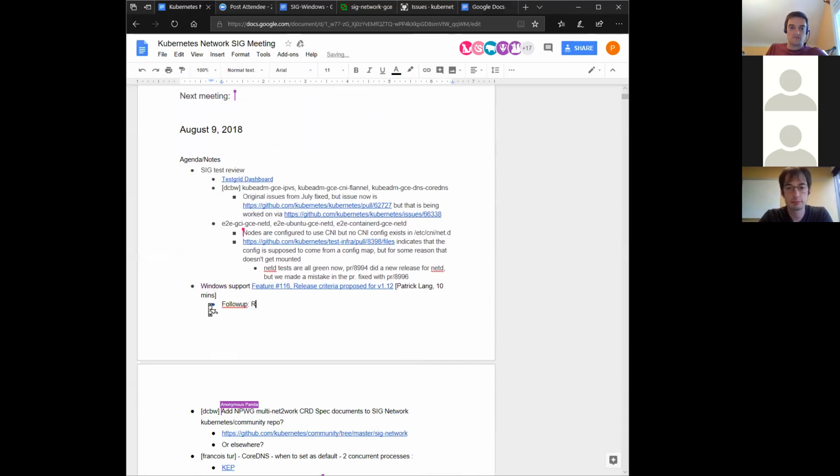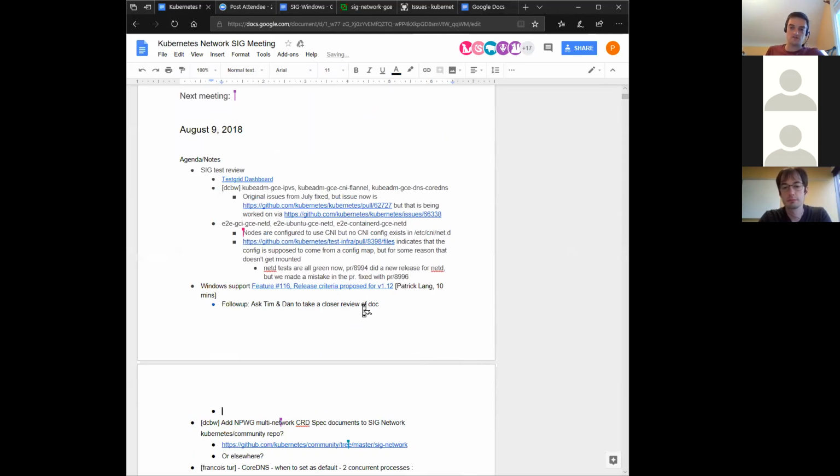So the next item was I'm looking around for the right place to put the V1 of the multi-network CRD spec, and I was wondering if the Kubernetes community SIG network pages is one place that could live. I also thought about the CNI repos, or a new repo in the CNI organization, because the spec does namespace itself underneath CNI, but at the same time, the spec tries very hard not to be specific to CNI